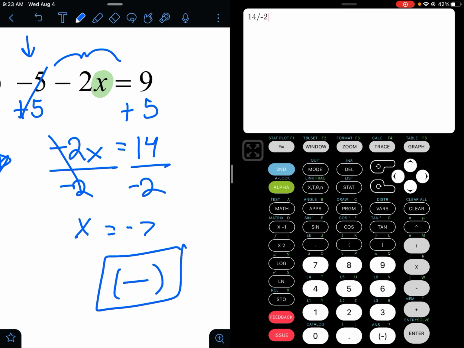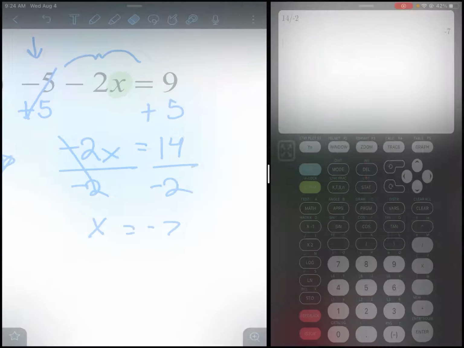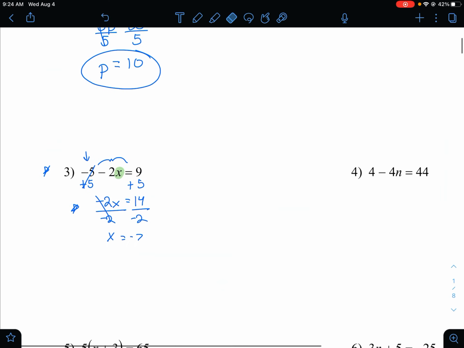Do not do just the minus sign. You want to make sure you do the parentheses negative symbol. And then that would give you the negative 7. So in case you've forgotten how to put negatives into your calculator, that is how you do it. All right,